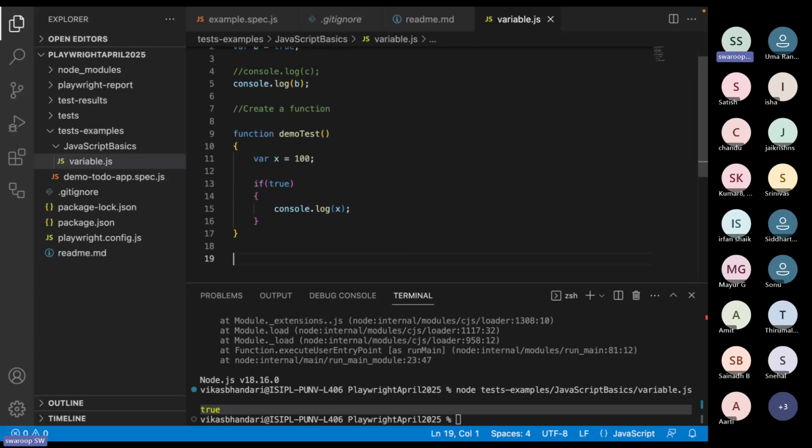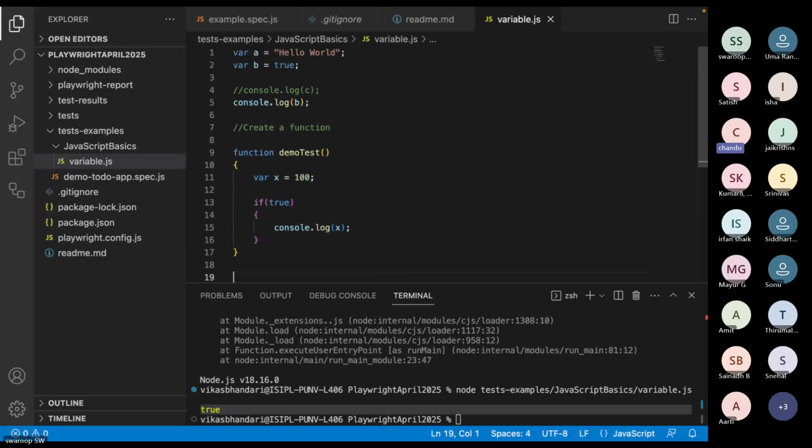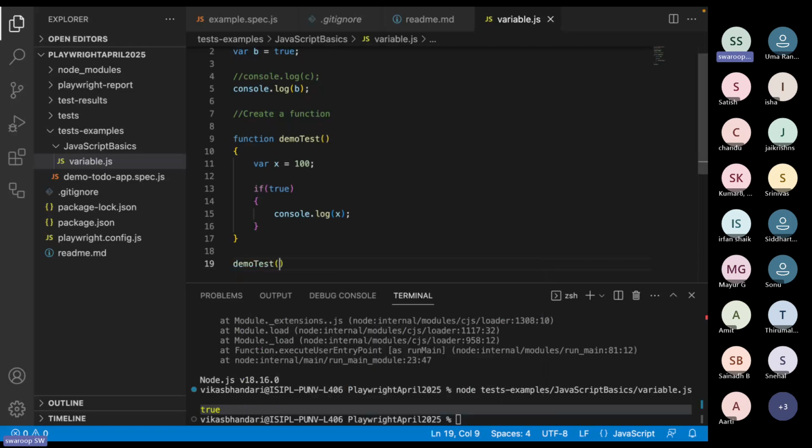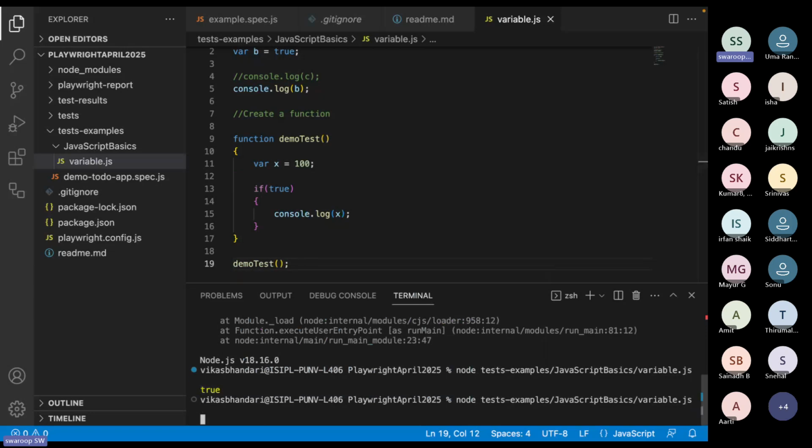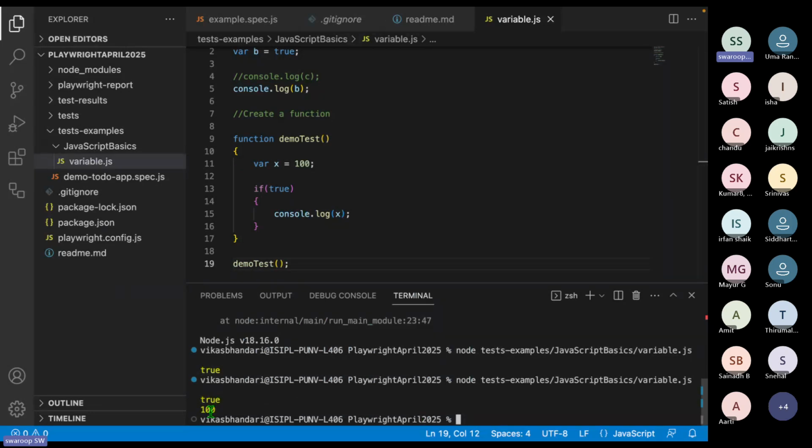If I want to execute this code, I will call the function. I have to call that function. So for calling the function, just use this. After that we will be able to see the value of x, guys. Just hit this, and you can see that we got 100 as an output, which is nothing